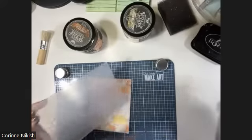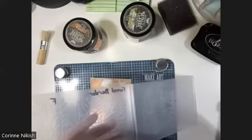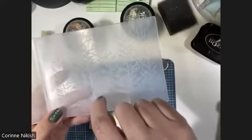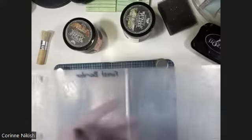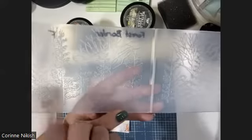So the front of your embossing folder is always going to be like, if I drag my nail across here, I can see where the indentations are. It's going to catch my nail, and I can push into where all of these trees are, for example. Sorry, I'm kind of out of frame there, but you can see here, if I run my finger across this, it catches my finger because it stops, because this is the raised part. Okay, so anytime it's the raised part, this is the debossing side. This is the back. Anything that has the hole or the concave part, that is the front of your embossing